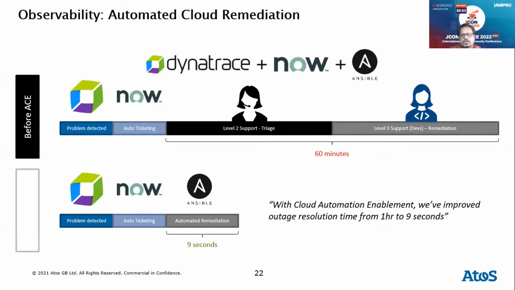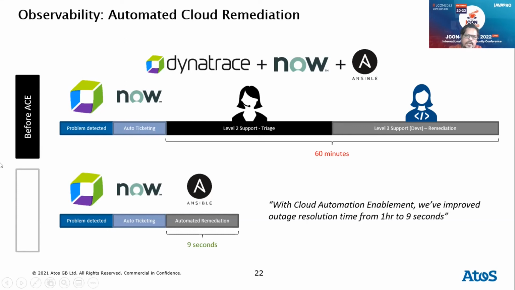I just want to also quickly mention a scenario that shows the difference between leveraging observability and not having observability. On the top line, the first row that you see, is a solution without the self-healing infrastructure in place, or hyper automation in place, if I have to explain it that way. This is showing a Dynatrace plus a ServiceNow plus an Ansible.